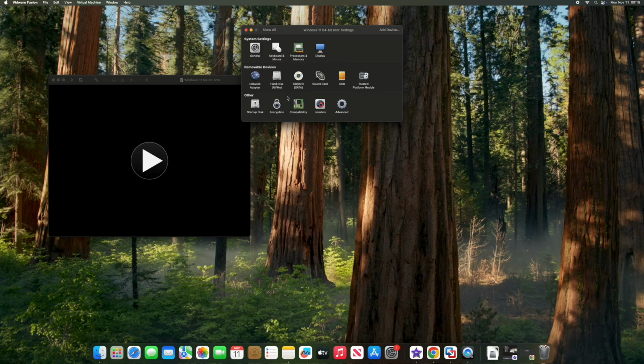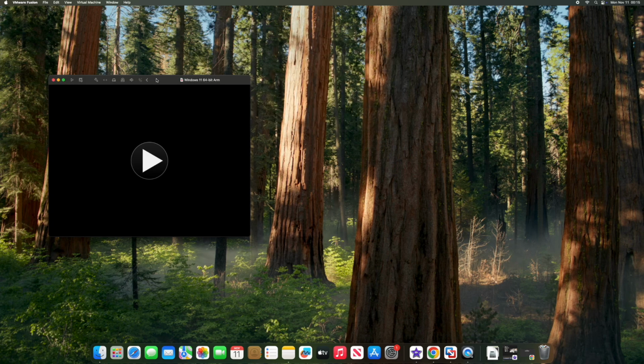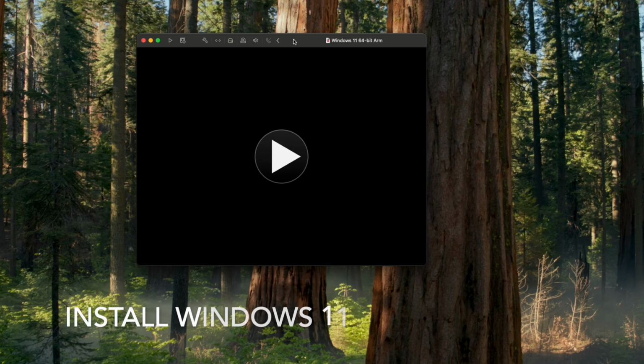If you want to explore any of the other settings, feel free to go through each of these individually and change as needed. So if you want to change the sound card or anything else, just explore each of these options and see what they do. The main ones that I've just taken you through should give you the key abilities that you need to customize the virtual machine itself. Now that we've set up everything, we're going to click on the play button, and then